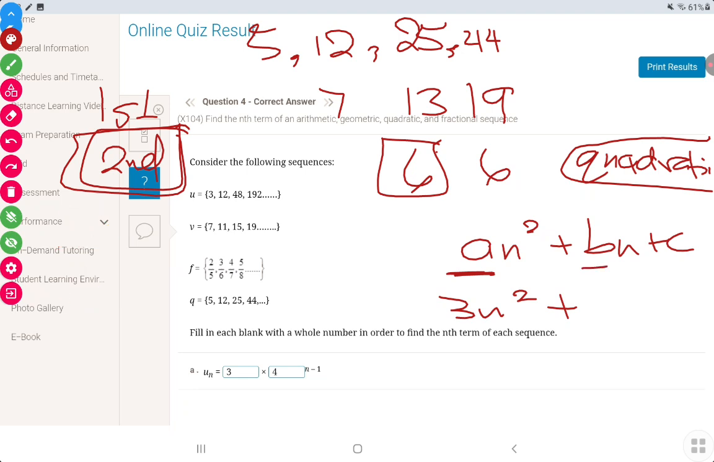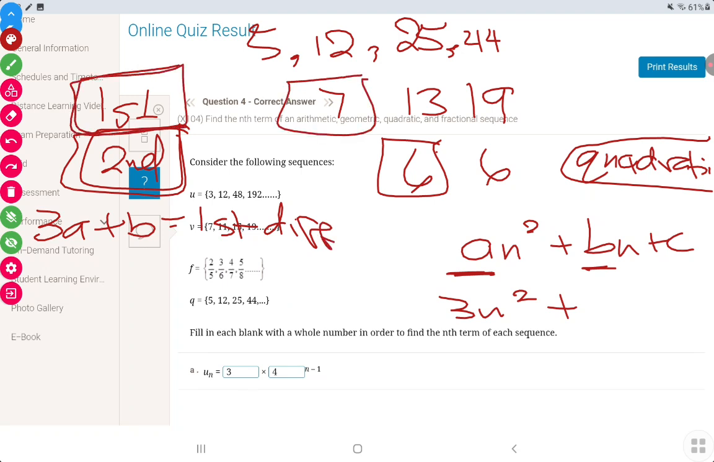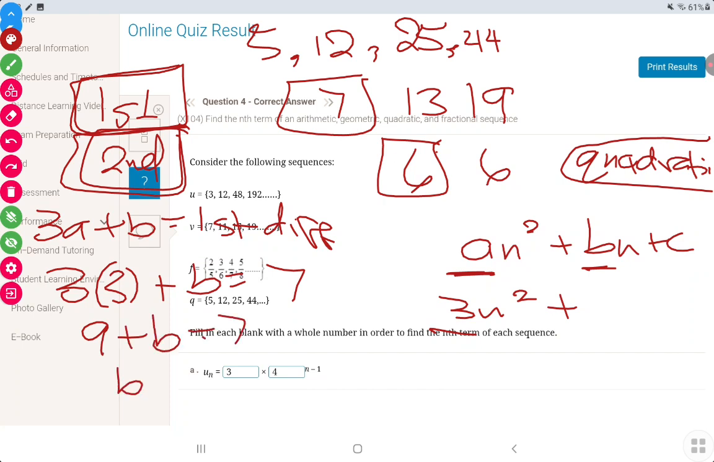The formula to find b in the quadratic sequence is 3a plus b equals first difference. First difference is the first number in the first set of differences. So we go to the first set. The first number is 7. So 3a, a is 3, so 3 times 3 plus b is equal to 7. So 9 plus b is equal to 7. b is equal to negative 2. So it will be minus instead of plus. So minus 2n. And then to find c in a quadratic